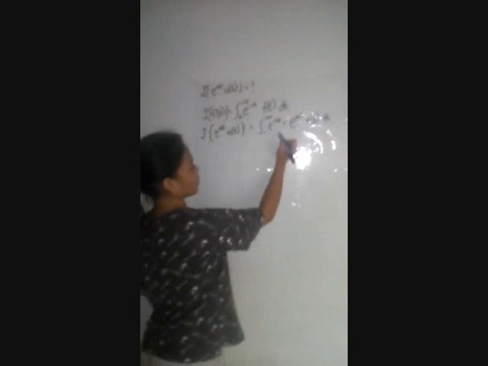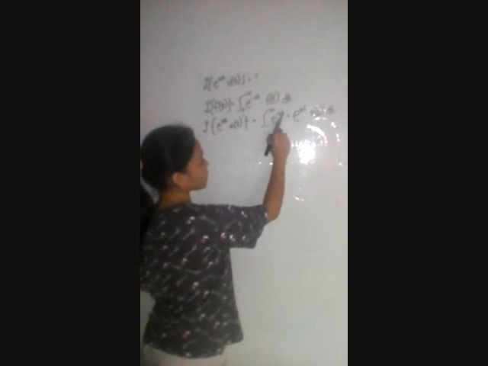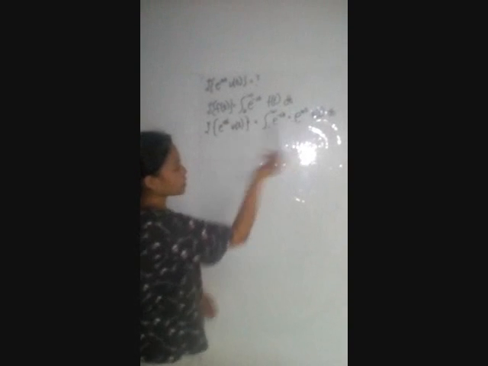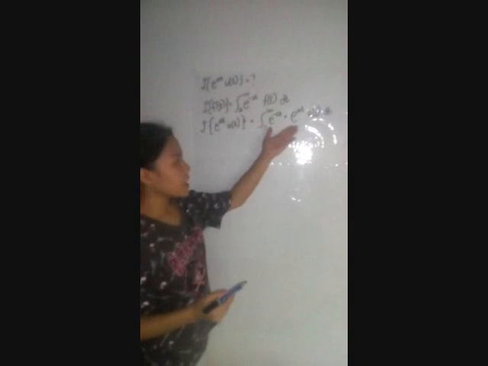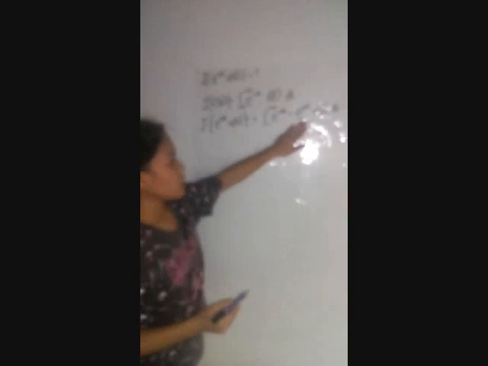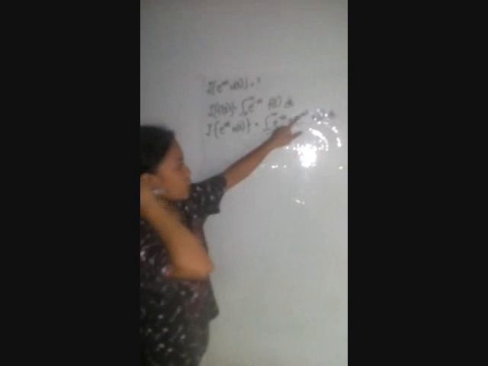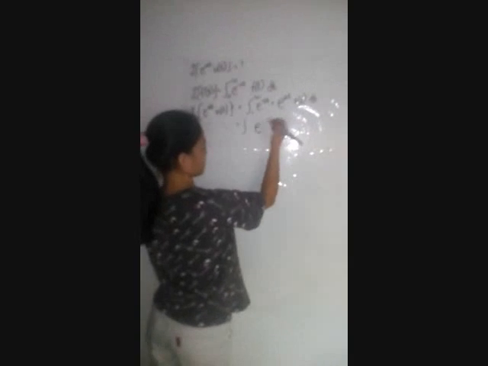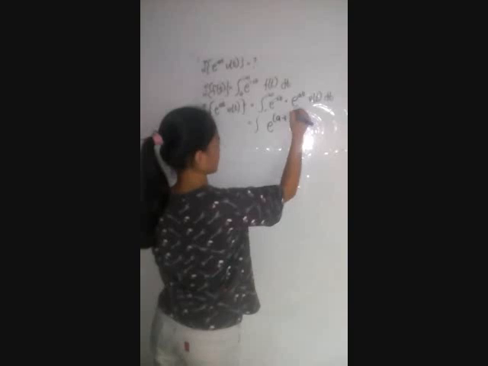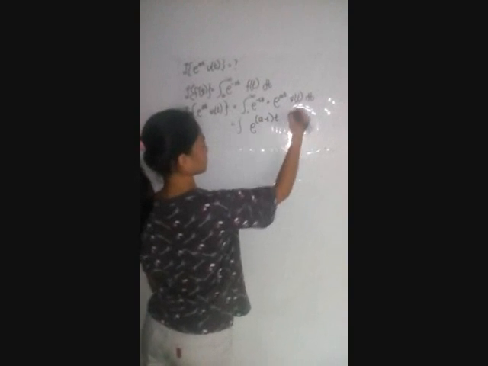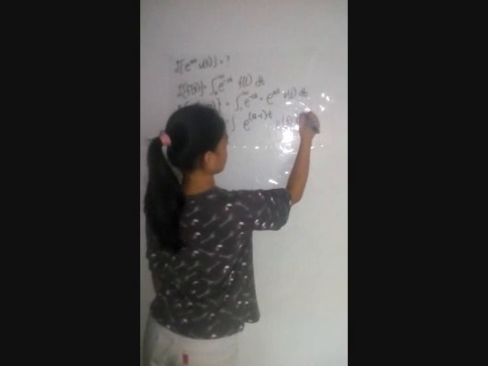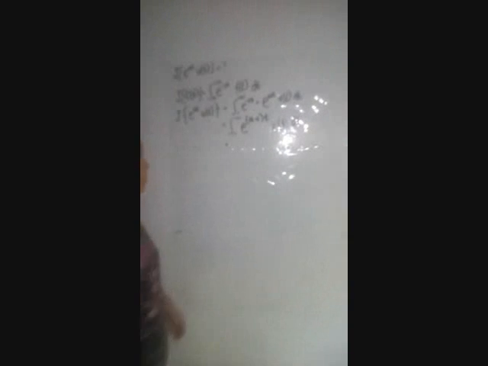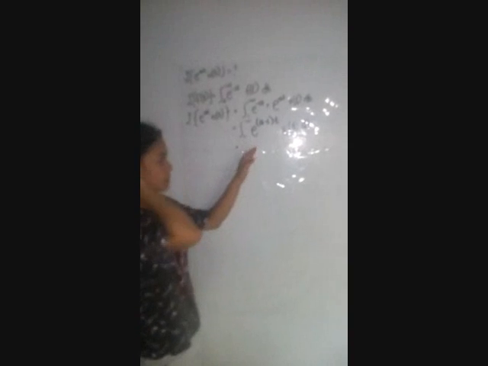So first, we have our e raised to negative st and e raised to a t. The rule is when you are multiplying numbers or variables with the same base, we will have to add the exponents. That will be equal to e raised to (a minus s) t, u of t dt with the limit 0 up to positive infinity. Now we can simplify it.